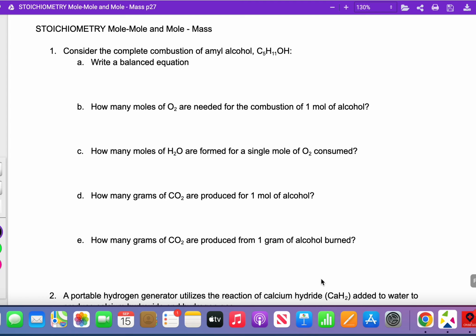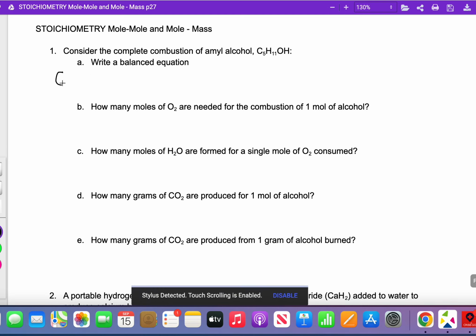This is for the mole mass worksheet, and the first equation is really hard to do. So I'm just going to show you how to do it, because we've got other things to worry about for right now. So we've got amyl alcohol,